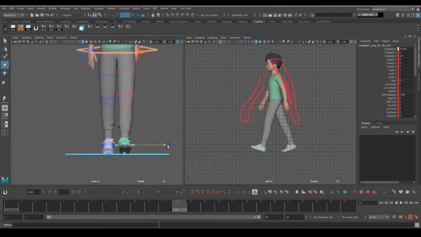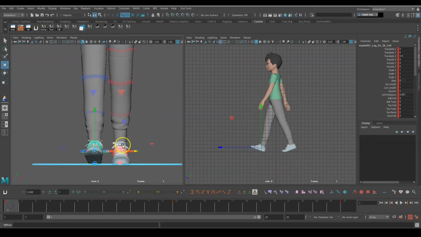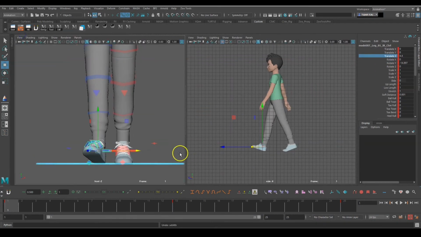You can take this a little in and you can rotate it like this. Maybe 10 will be better. And you can rotate this outside. The values are not the same all the time, we can change. So now, because this is a walk cycle, I'm doing it in a very mechanical way.